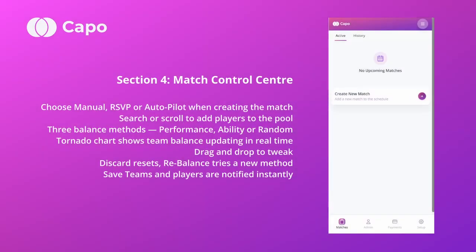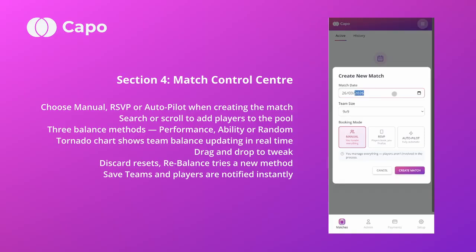Okay, let's set up a simple match. The date will default to the date of the last match plus a certain number of days, which you can set in the admin section. Of course, you can change any of the default match settings while you're creating the match. Team size is